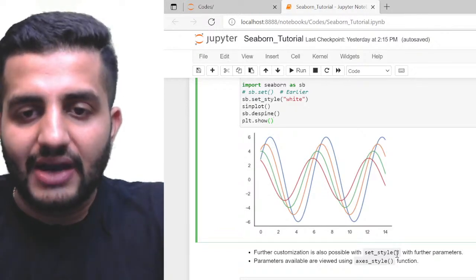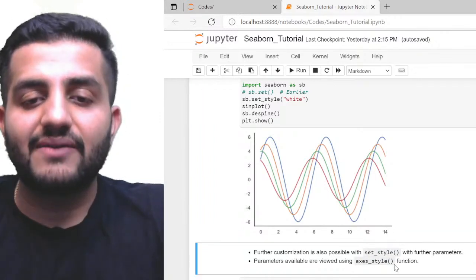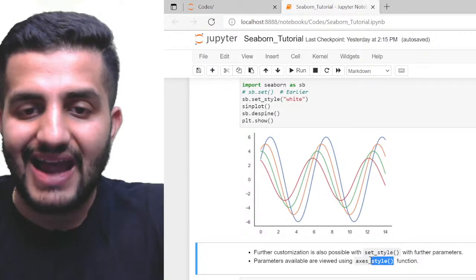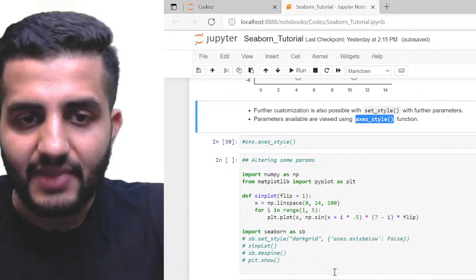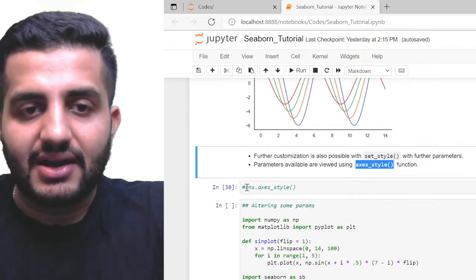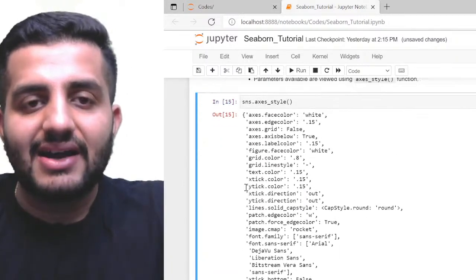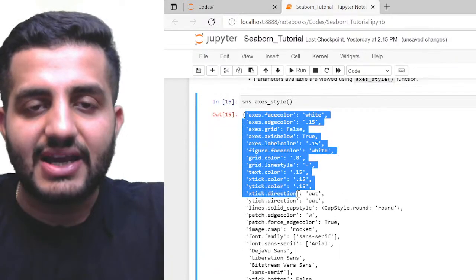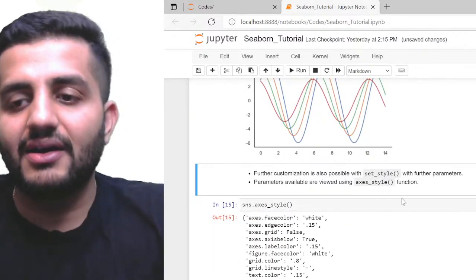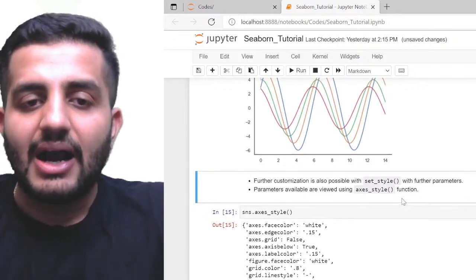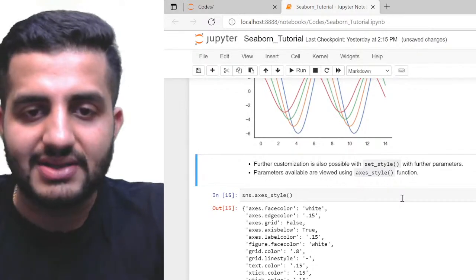So for the look and feel, along with set style, I also have certain parameters available which can be viewed under axis style. अब axis style कैसे हमें पता चलता है, ठीक है। अभी हम आपको एक चीज दिखाते हैं, ये देखो, अभी SNS.axis_style अगर आप कॉल करोगे ना, तो इतने सारे आपके अवेलेबल फंक्शंस हैं जो कि आप अपने सेट स्टाइल के अंदर विद इन द डिक्शनरी कॉल कर सकते हो। अब देखो इसके अंदर क्या है, अब इसको मैं अब सबको एक्सप्लेन नहीं कर रहा हूं, बट यू कैन प्ले अराउंड विद दिस एनी टाइम।